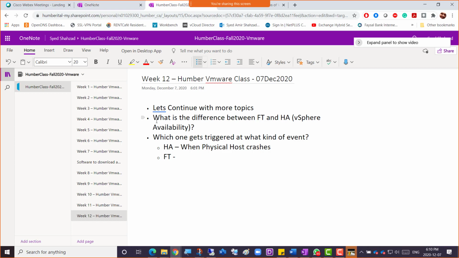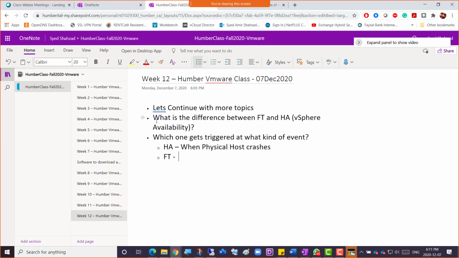If it's rebooting the VM, vMotion is not possible, right? vMotion is possible when the VM is powered on. If the VM is being rebooted, that's it. vMotion has no significance there. vMotion is when a virtual machine is powered on and gets moved from one host to another, right? So that is DRS actually. So FT fails over the VM to the alternate host, where the alternate VM is.